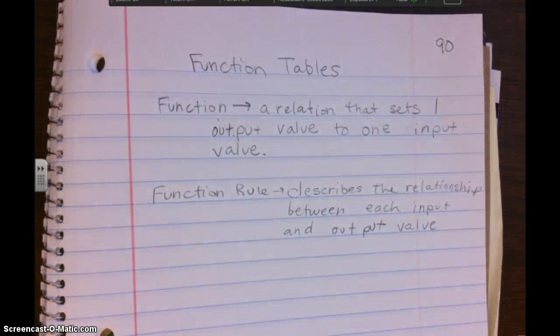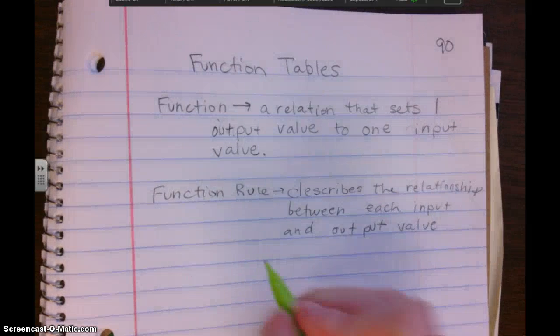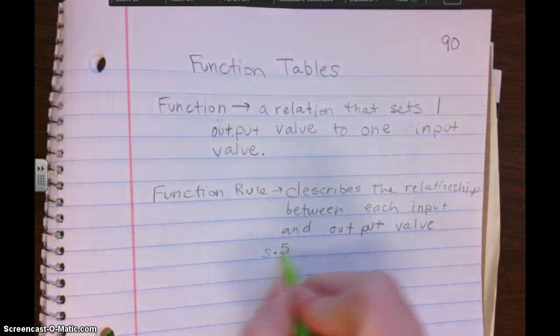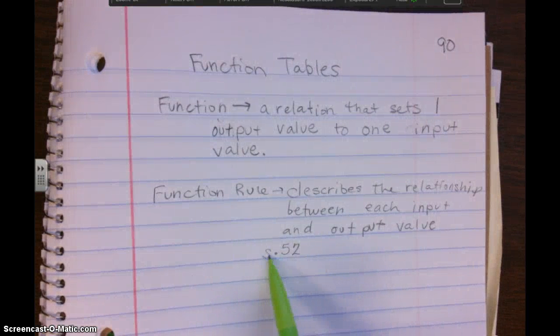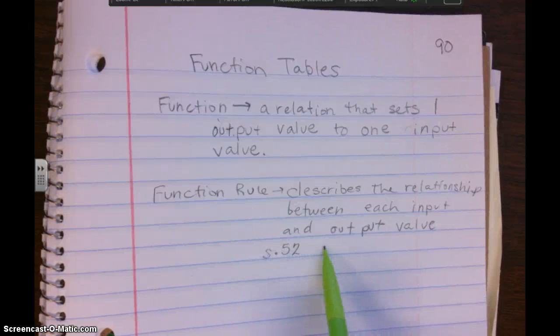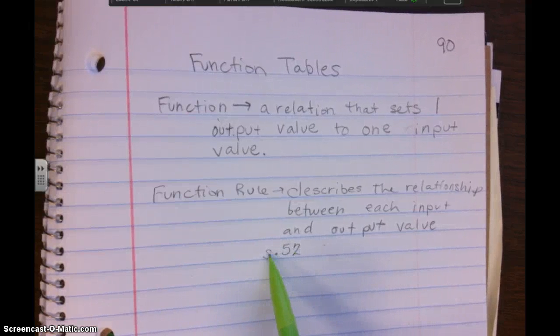So if you think about our hummingbirds, our function rule was S times 52. And it describes our input value of S, our seconds, and our output would be 52 times as big as